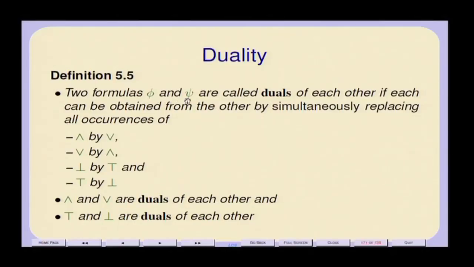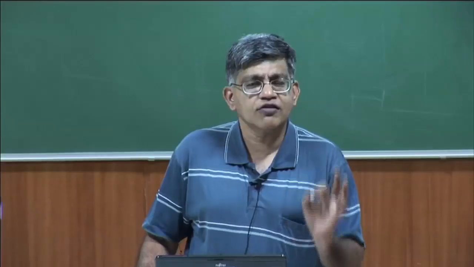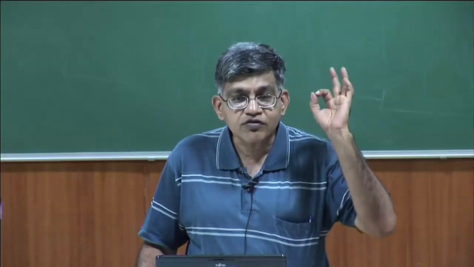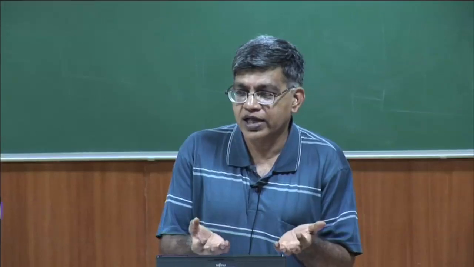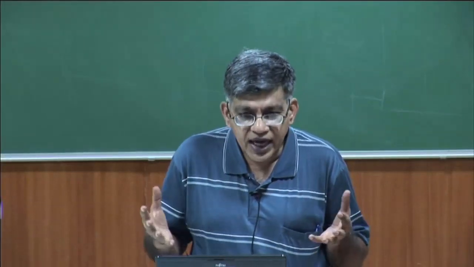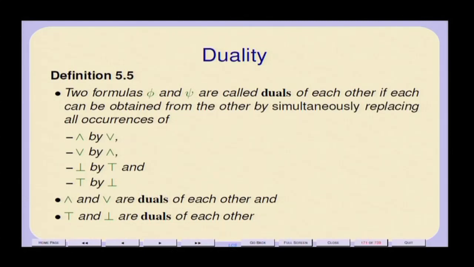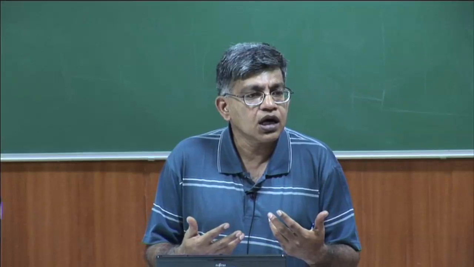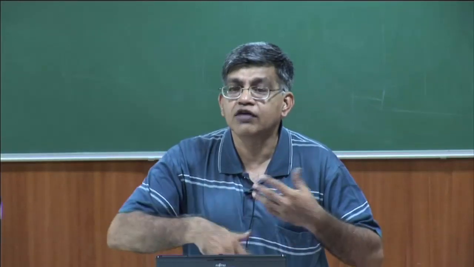Okay. So, we will say that two formulas phi and psi. So, we are looking at all this not in the context of logical validity, but in the context of logical equivalence, which is a purely algebraic concept, right. So, we are looking at the system of propositional logic under logical equivalence as a simple algebraic system. So, then truth and falsehood are duals of each other and things can be inverted.